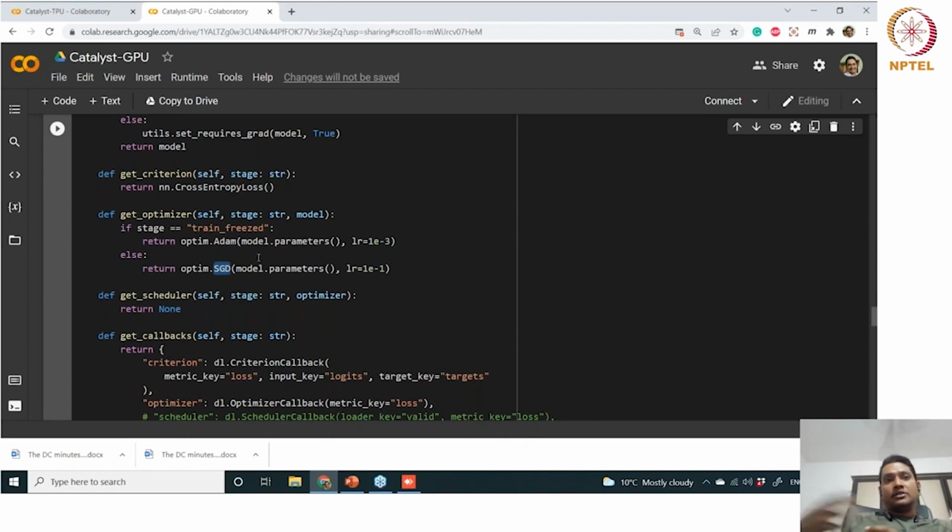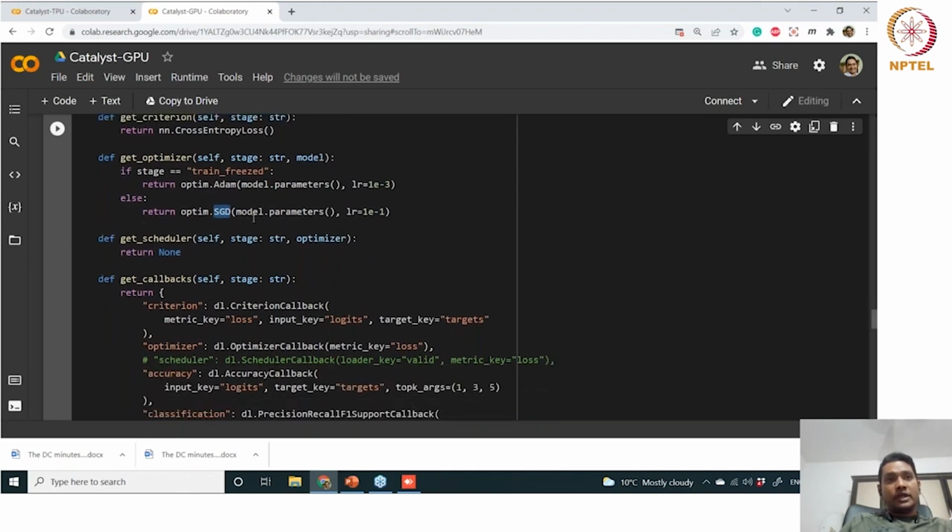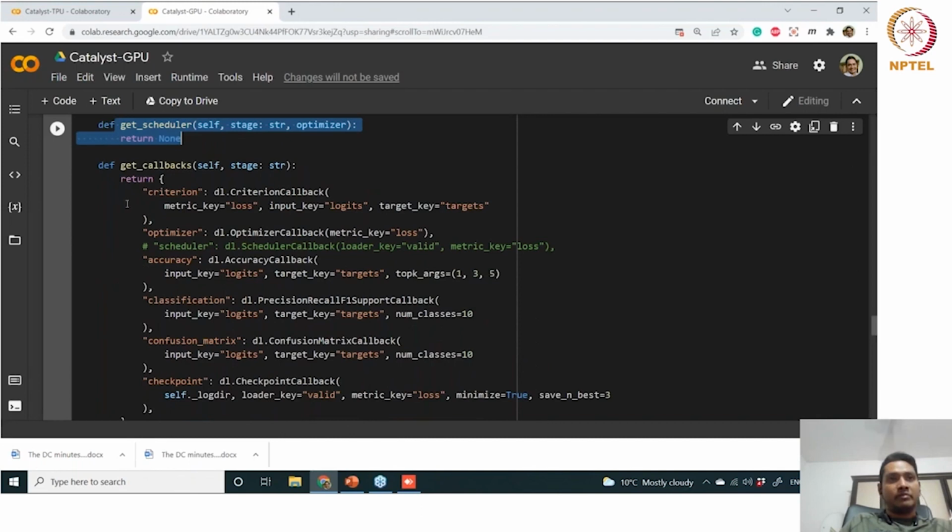This is also a typical practice of using several optimizers in several stages to see the performance gain in the end, and for sure you will get better performance. In get scheduler, we define how these optimizers will be scheduled inside your training pipeline.